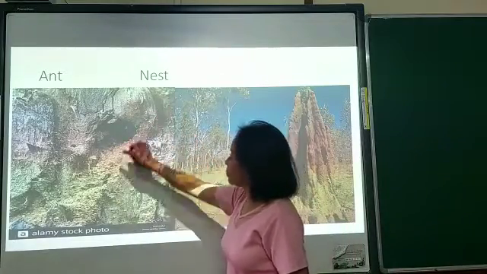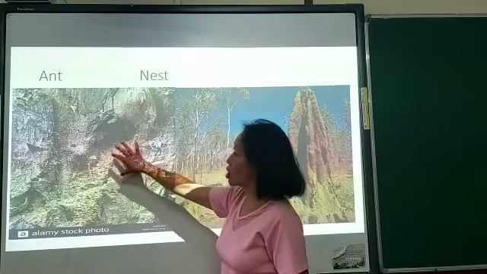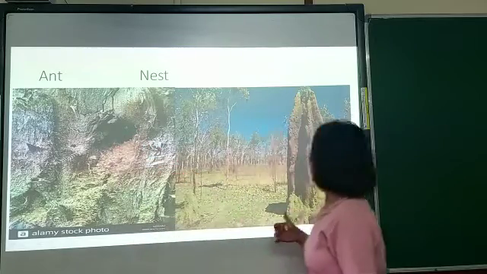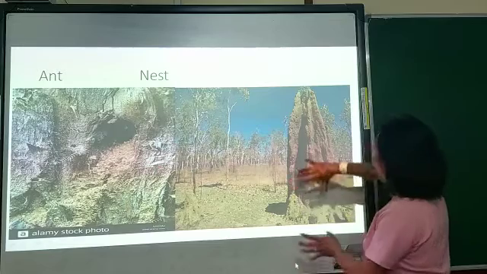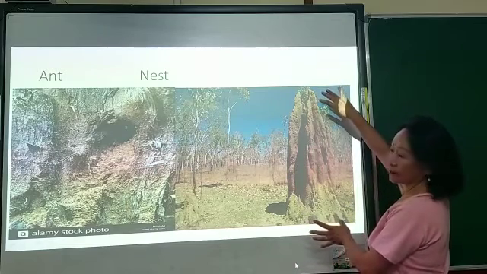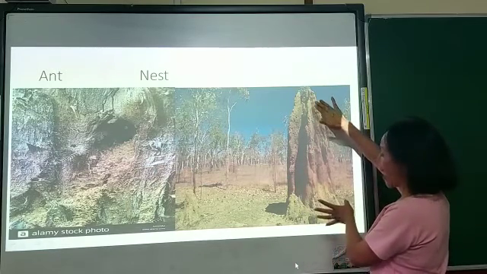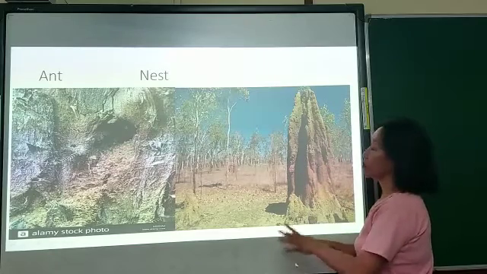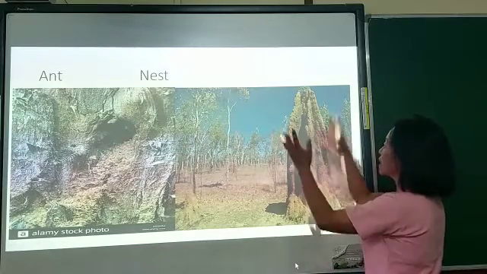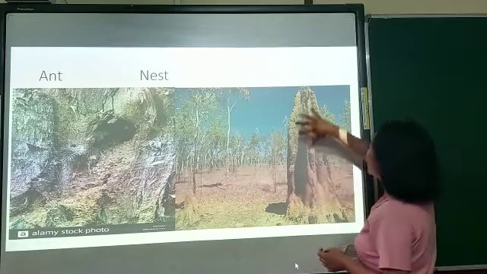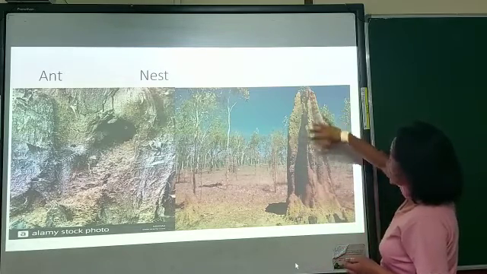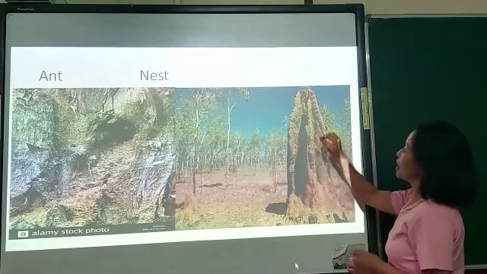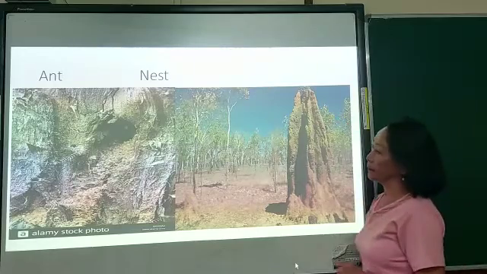Ant also, we call it a nest. And the ant can build its nest in the tree trunk also. And in Australia, you find huge towers like this. This is an ant nest. The ant, as it goes, digs deeper inside the soil, it takes out the mud. And later on, huge formations like this are formed. You call it an ant nest.